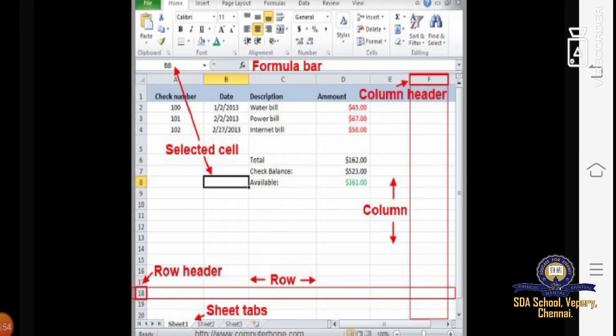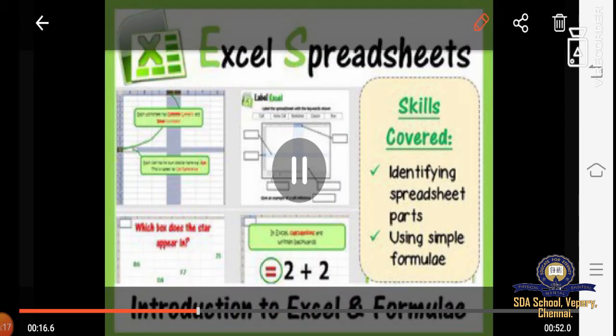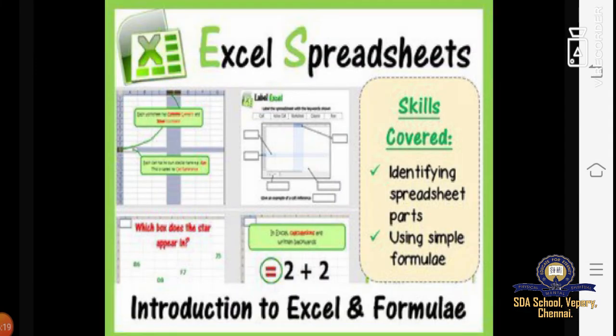You can type your ID number, roll number, names, and you can also use it for office purposes, business purposes, marketing purposes. All these things you can do with this MS Excel spreadsheet. This is the Excel spreadsheet.